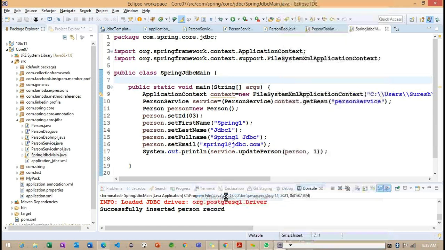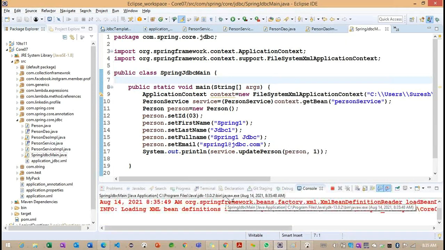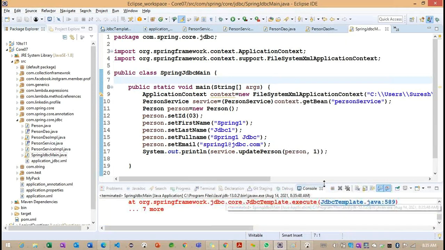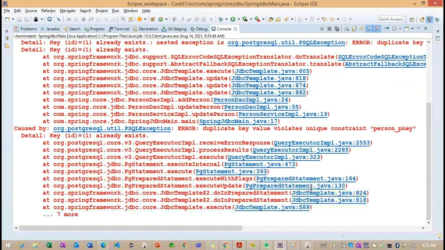So we'll run the same ID. Yes, we are expecting to get a duplicate key value. So the ID already exists, but it is not updating here.